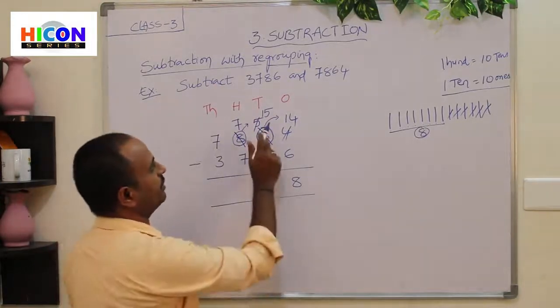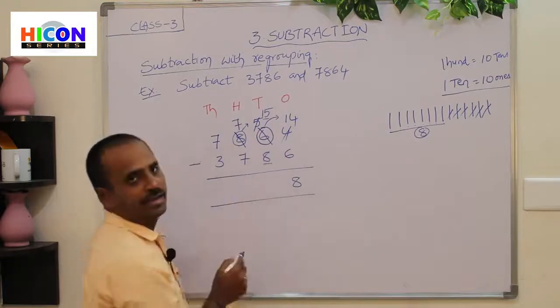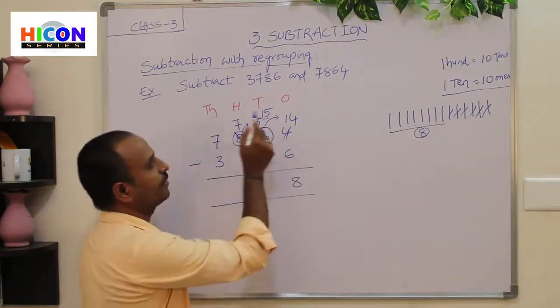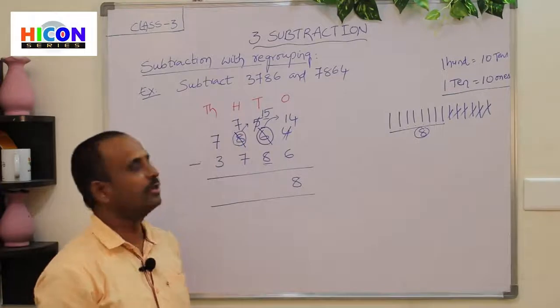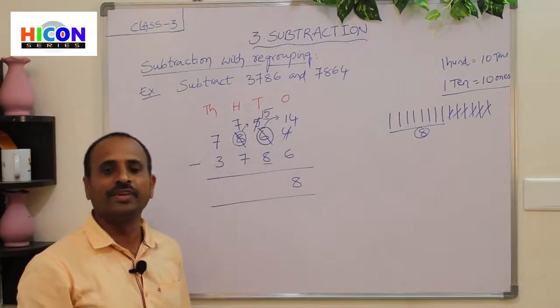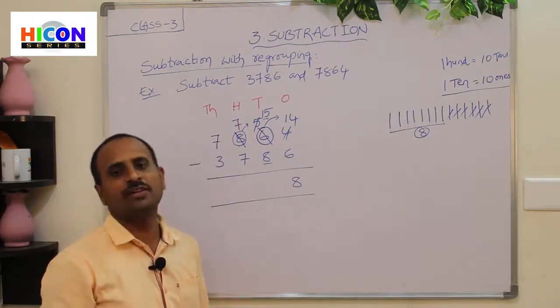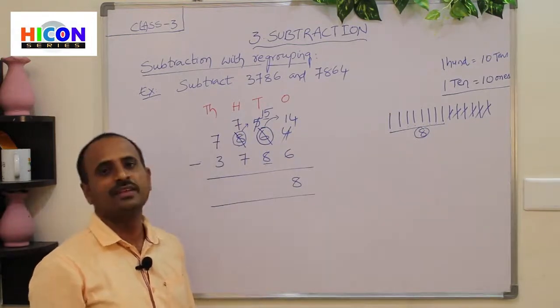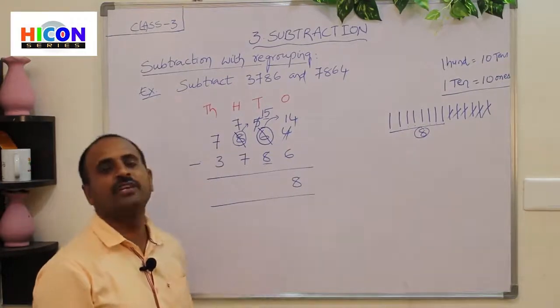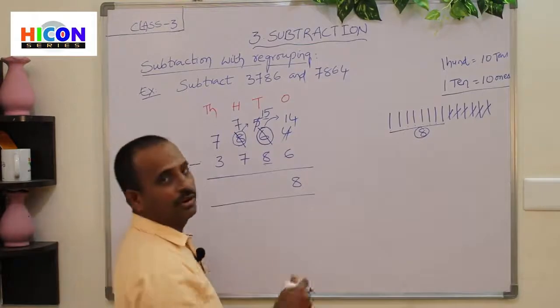So what is the first number in the tens place? 15. What is the second number? 8. Now subtract 8 from 15. Now subtraction is possible because 15 is the greatest number and 8 is the smallest number. And we can subtract 8 from 15. So open 15 fingers of your hand, but we have only 10 fingers and we cannot do the subtraction on our fingers. So just draw lines in your rough work of your notebook.